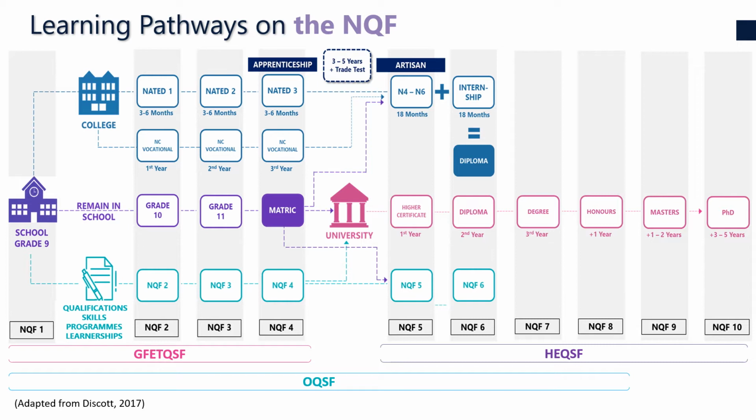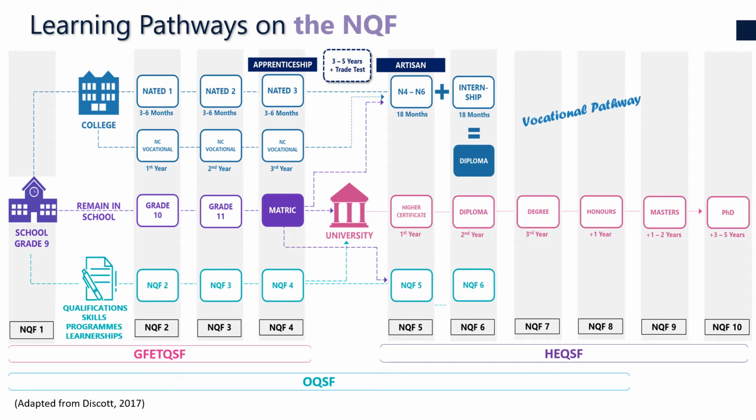What I like about this particular representation is that we can see 3 learning pathways which are available to post-school leavers. At the top, we have the vocational pathway for learning, which you will notice may be accessed on completing school grade 9. The NATED or National Accredited Technical Education Diploma programs consist of theory completed at college and practical application